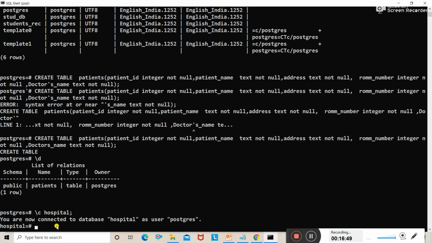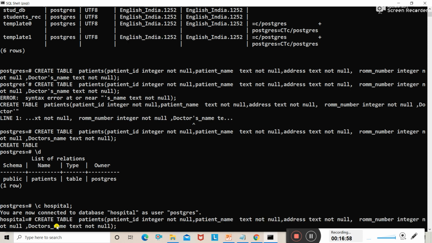Okay, got it? So again, how to create a table in hospital? The same command is used to create a table in hospital. So we are going to use the same command to create a table, room number.